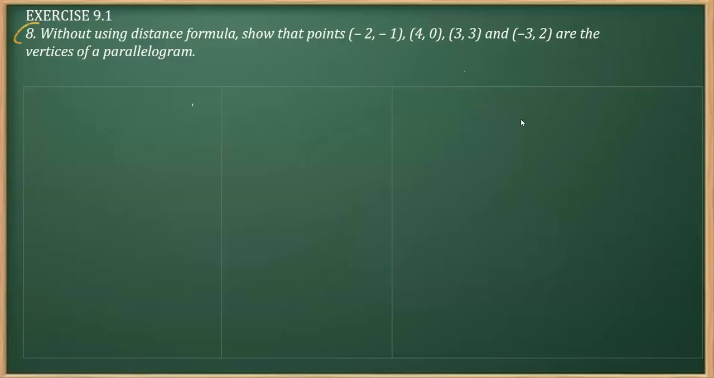This is question number 8 from exercise 9.1, class 11, straight lines chapter. And the question is based on the slope of a line. It says that without using the distance formula, we have to show that